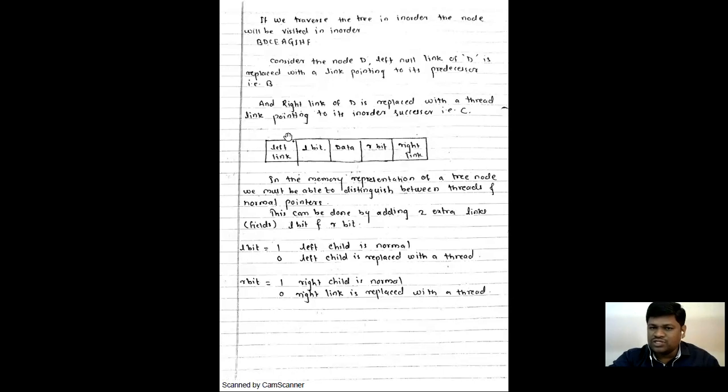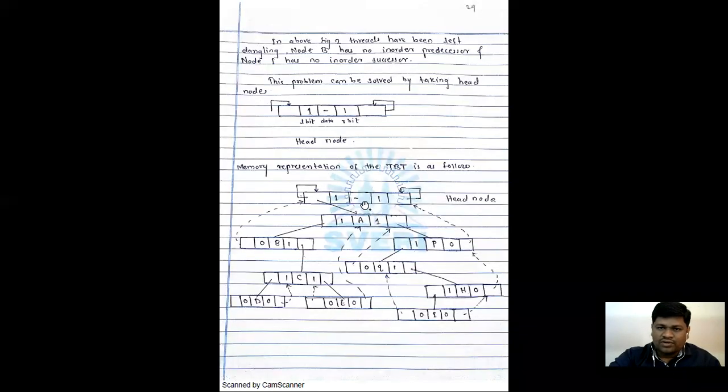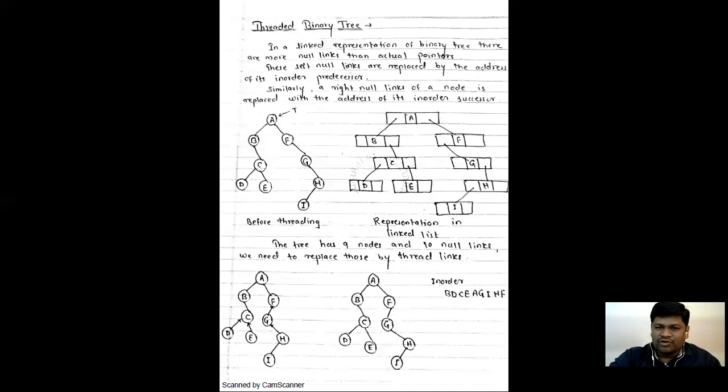Now, did all of you understand this threaded binary tree structure? Yes or no? All of you understood? Yes, sir. Okay. Now, it is very interesting. One more thing: suppose you have a node A.